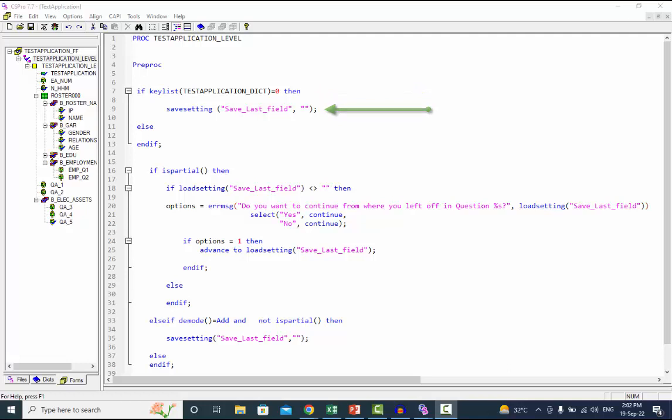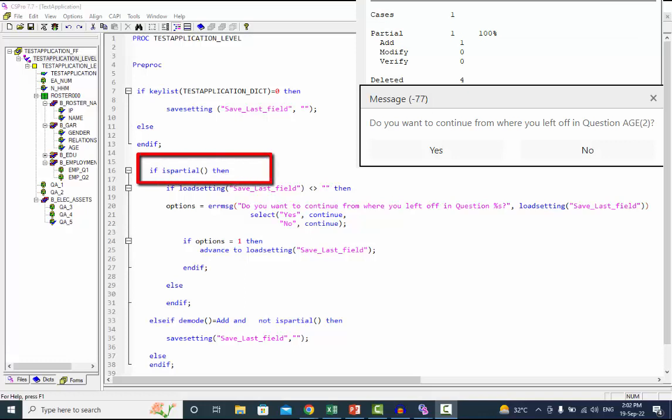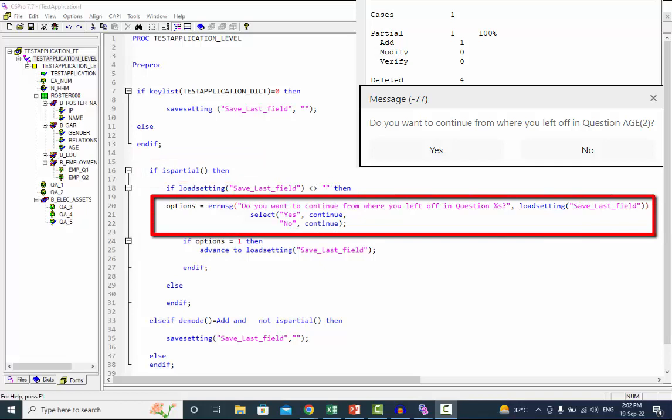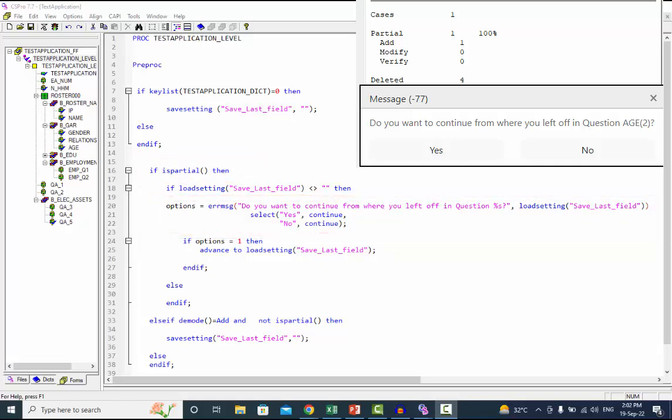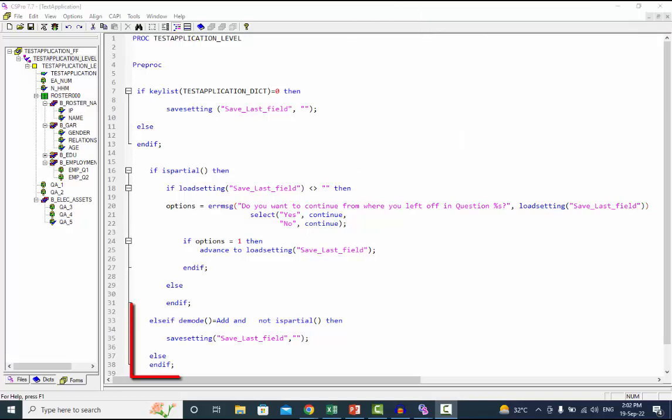If the number of cases is greater than 0 and the case is saved as partial, an error message will appear with the options yes or no. If you choose yes, the cursor will move to the last question you answered. If you choose no, the cursor will be at the start of the form. The attribute value will be cleared if you are in the add mode and the case is not partially saved